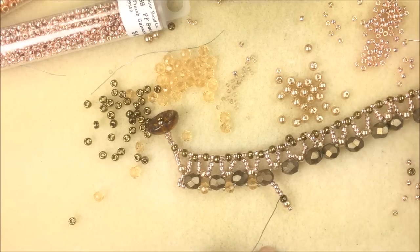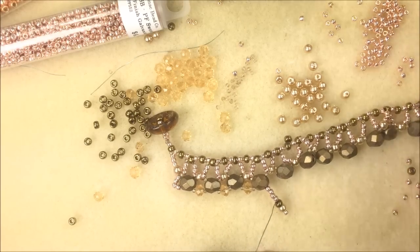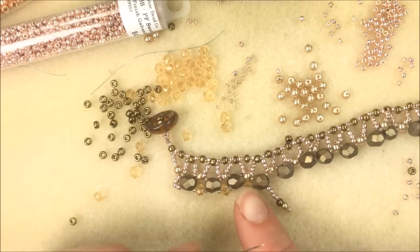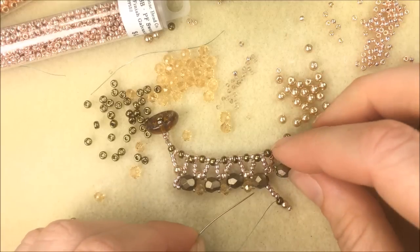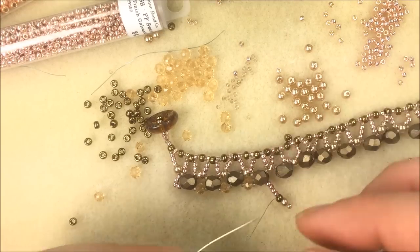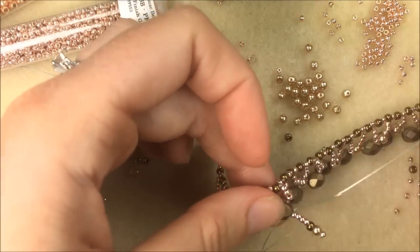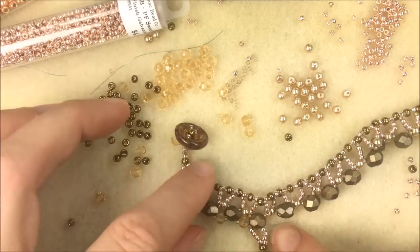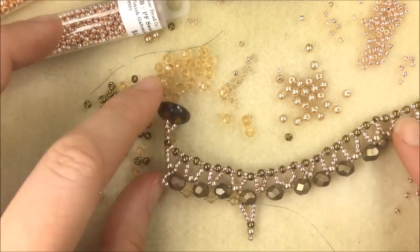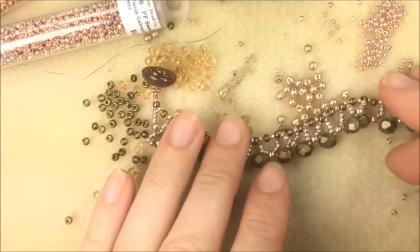When I'm exiting, I'm going to add 4 more 11 seed beads. Go back to the starting side of that round trio that you're coming out of, and I'm going to sew back through that hole that I'm coming out of, that bottom hole of the round trio, one more time. What that's going to do is hang that drop down just nice and simply there as a little peak. Add your next